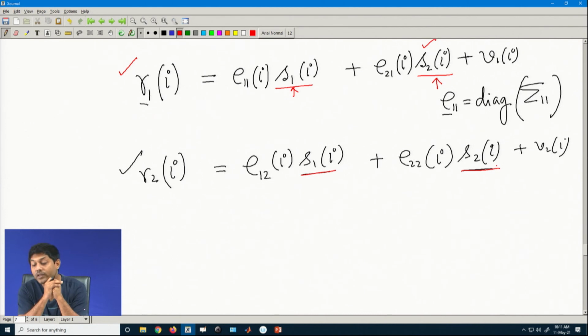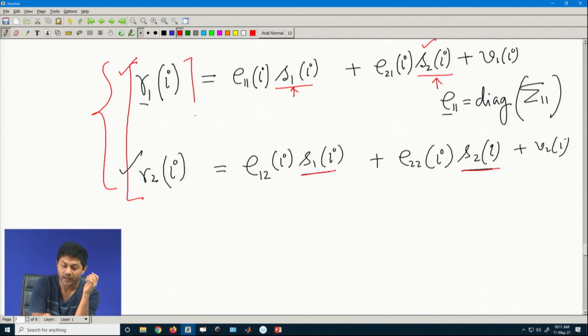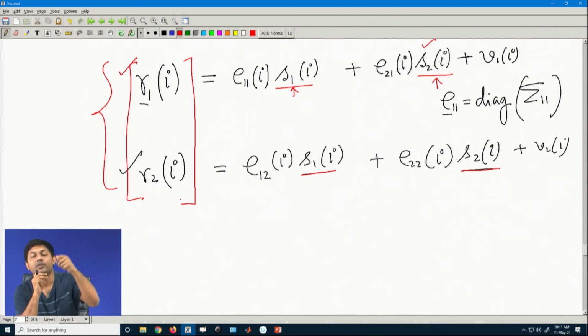But have you noticed one thing here? Probably that is the motivation for my next class. The motivation is that if I observe both of them together, instead of taking one individual, let us take them together. That means, I am stacking them together. That means, both the equations if I consider them together, as both of them have the same variables of interest, now I am in a better position. Now, I have two observations, but two unknowns.